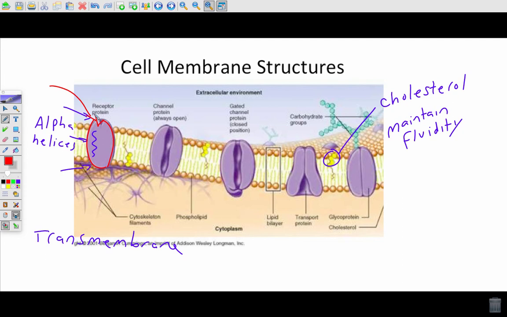And that hormone can bind to that area of the protein like an active site and give a signal to the cell. So this is a way that, say, protein hormones can signal the cell that they want it to do something. So the receptor proteins receive a signal in the form of a chemical or a hormone that allows the cell to